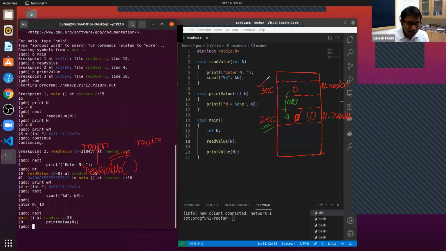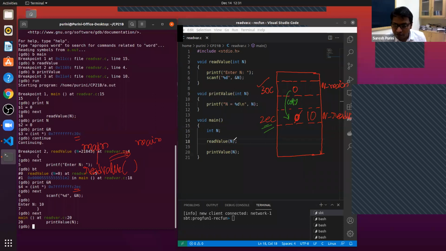Where did we get 30C and 2EC? This one is 2EC. This is the address of, this is 30C. These are the memory addresses. Got it, Harshit? Why did it copy? Because that is the parameter passing mechanism.